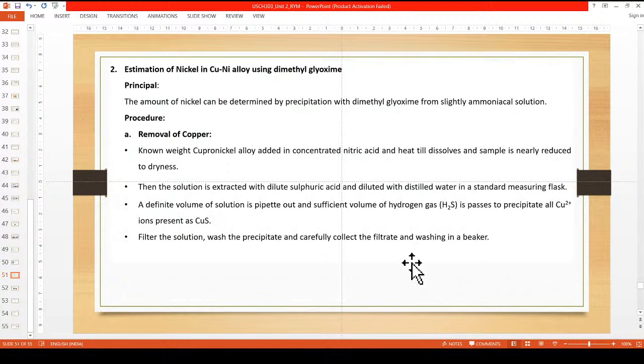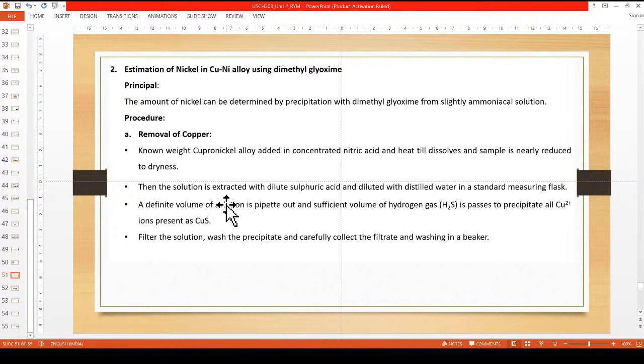Then just by equating 1 mole of barium sulfate corresponds to 1 mole of sulfur, you can find out weight of sulfur. Okay, then for alloys क्या है? Alloy is homogeneous mixture of 2 or more metals. अगर एक होस्ट मेटल में मैंने बहुत सारे मेटल्स ऐड कर दिए, तो वो बहुत सारे मेटल कितने परसेंटेज में प्रेजेंट है, that we can determine. So that method is estimation of some metal ion in an alloy. So for this, if you have copper nickel alloy, then in this copper you will have to